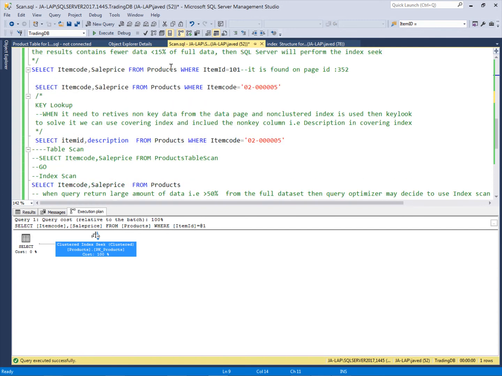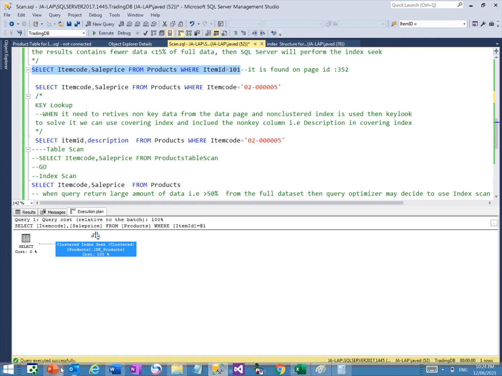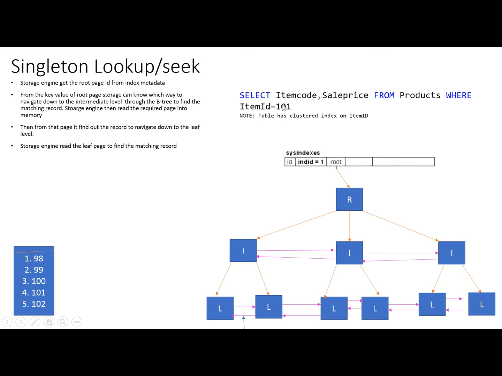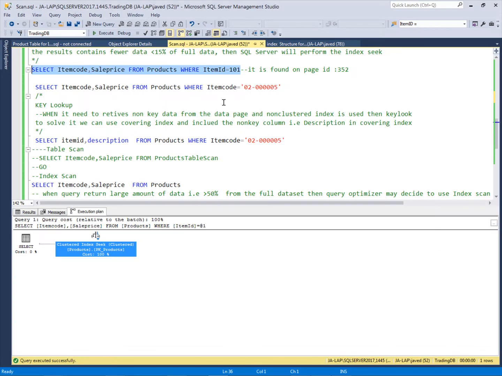Now suppose I am going to search one value. It should use the seek method, as we discussed in our presentation: when we are searching for only one record, the SQL Server storage engine will decide to use the singleton lookup or seek lookup.